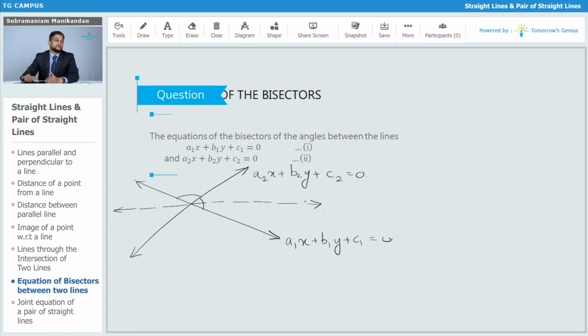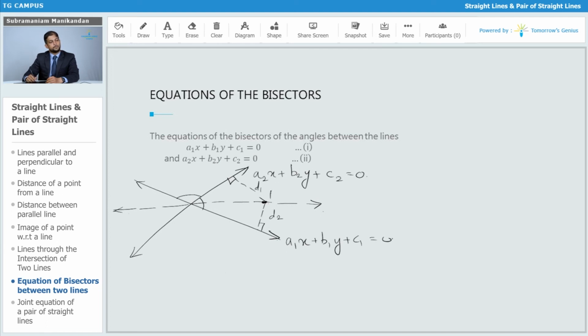Then this line, every point on this line, can we say that its perpendicular distance from the two lines is equal, that is, the distances d1 and d2 will be equal? Yes. And so therefore,